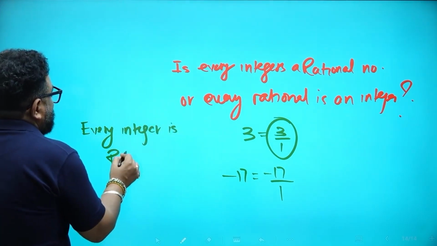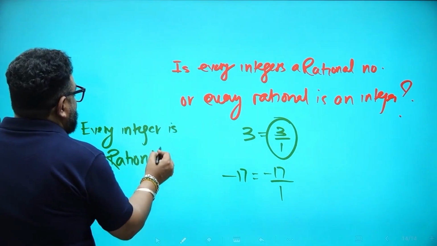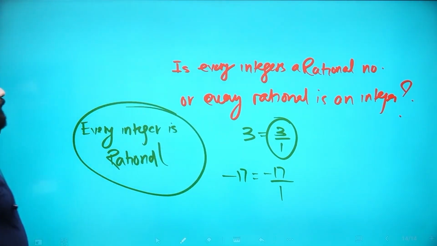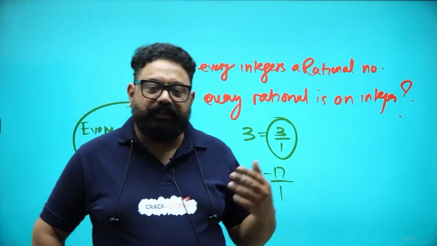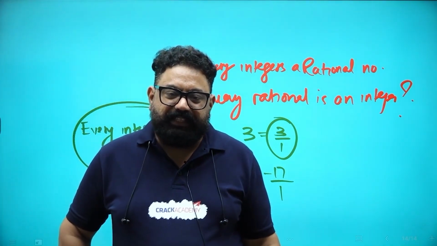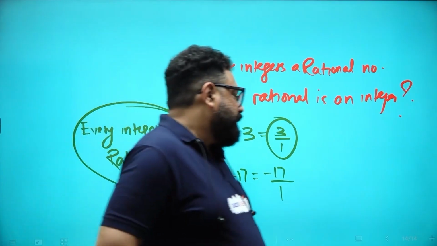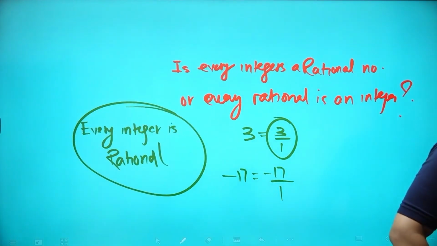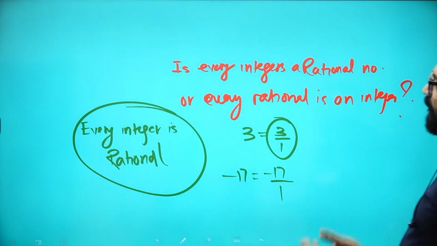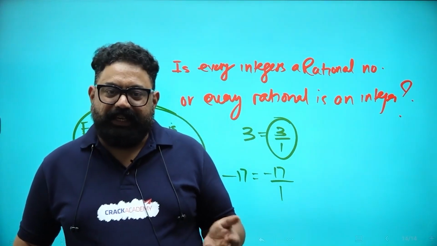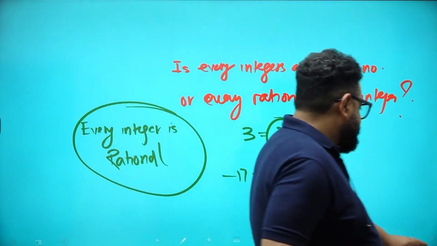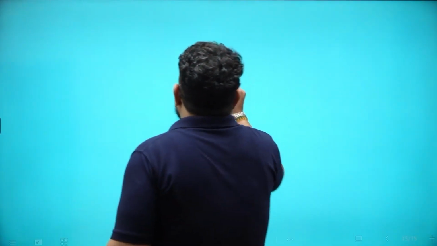This is one question that literally 50% of the students would not be able to answer. Every integer is rational, and vice versa is not always true. So I hope that now we are capable enough to understand what rational numbers are, basically numbers involving fractions as well. Agreed. So then, is there any other category? Then came irrational numbers.